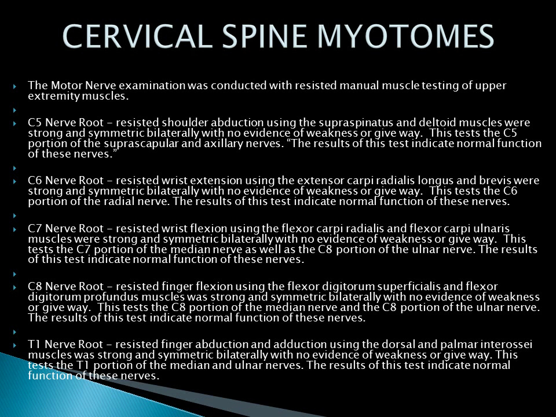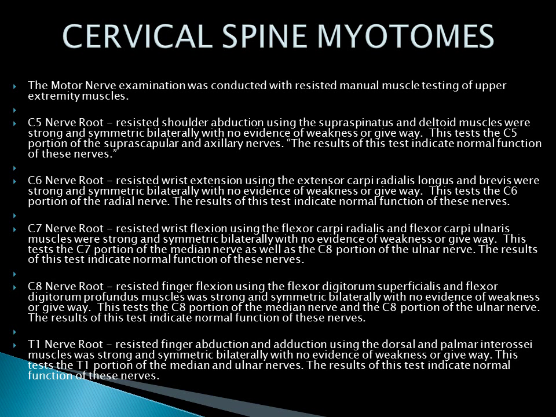But both of those muscles are almost exclusively C5. They both contain also contributions from C6, but it's minor. So those are almost purely C5 innervated muscles, the supraspinatus and the deltoid. For C6, we test the extensor carpi radialis longus and extensor carpi radialis brevis, which are almost exclusively C6 innervated